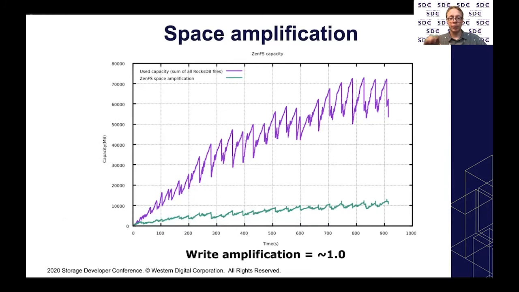If you just fill up a drive to half its capacity, you're going to get better write amplification. That's how it works. So the question here is, if you don't do any garbage collection at all for ZnFS, how much extra space do we